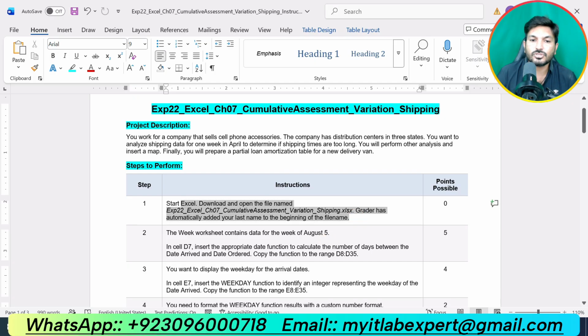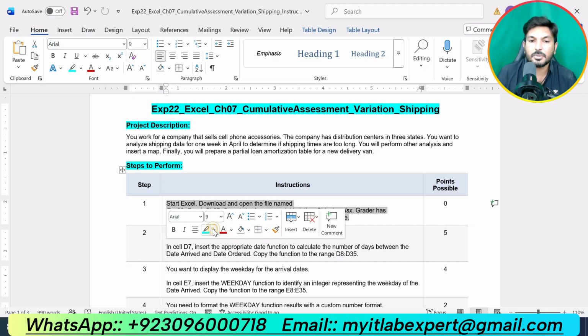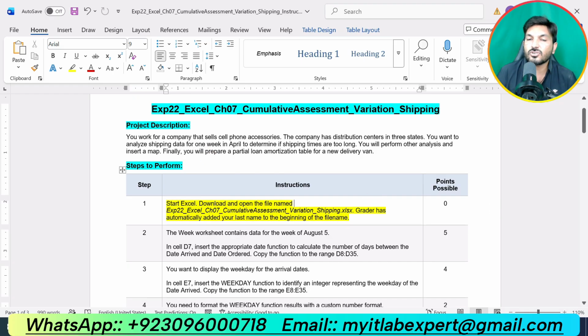Now let's move to step number 1 of the assignment. It says start Excel, download and open the file named EXP22 Excel chapter 7 cumulative assessment variation shipping. Grader has automatically added your last name to the beginning of the file name.